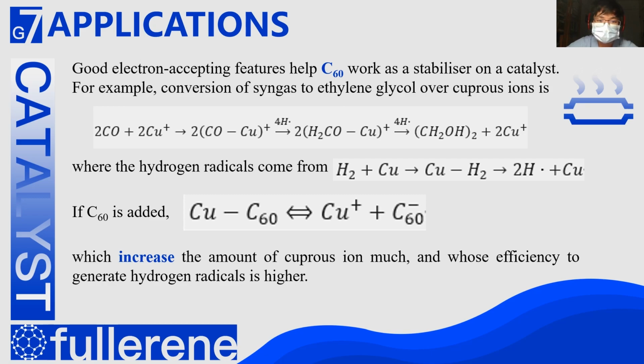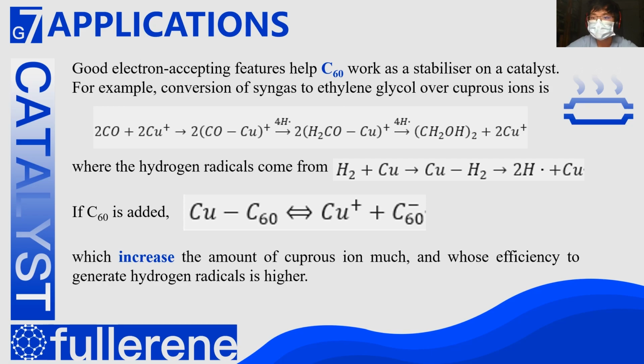The carbon-60, with its three pi bonds, is good at electron accepting, and this feature helps carbon-60 work as a stabilizer or catalyst. For example, the conversion of syngas to ethylene glycol, which is important in the pollution control of heavy industries. This reaction is usually over a